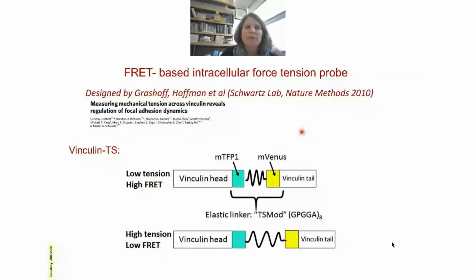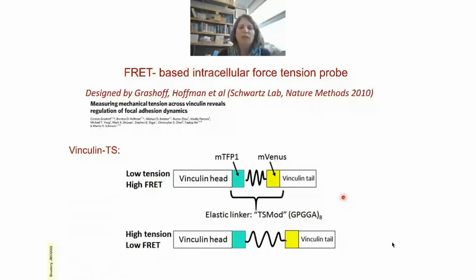And in this paper by Grashoff, Hoffman et al. that was published in Nature Methods at the time, you can see a depiction of it. And the vinculin tension probe basically consists of a tension sensing module, which is inserted between the vinculin head and the vinculin tail. And the tension sensing module itself is a repeated amino acid motif, GPGGA, which is derived from